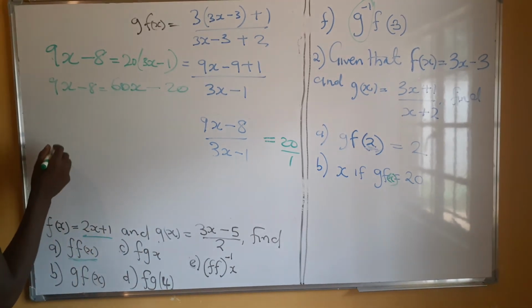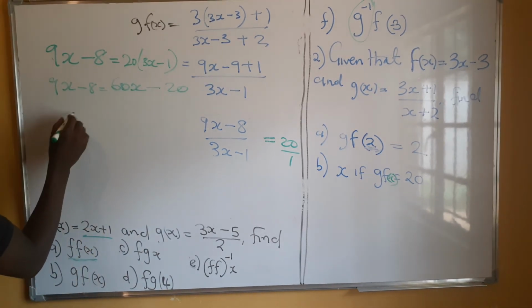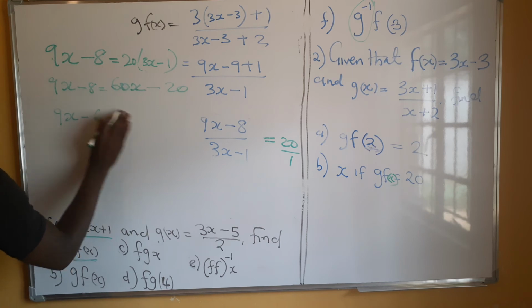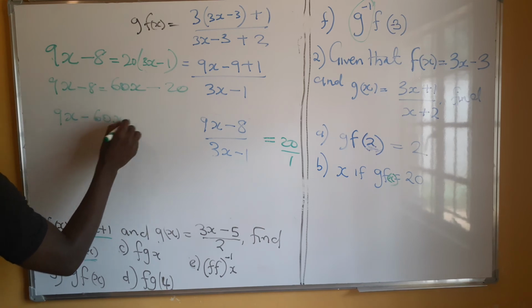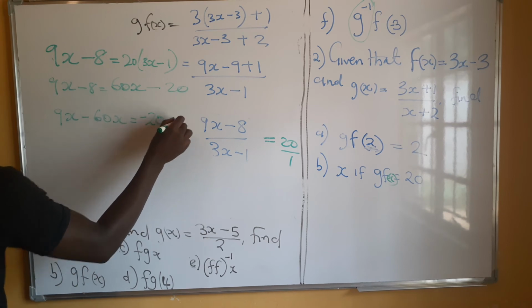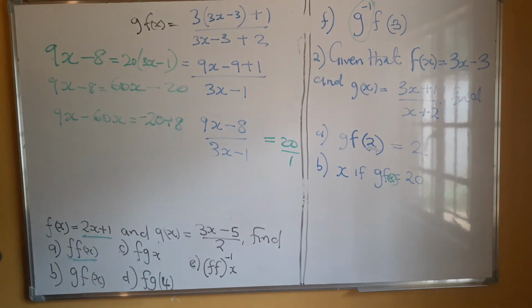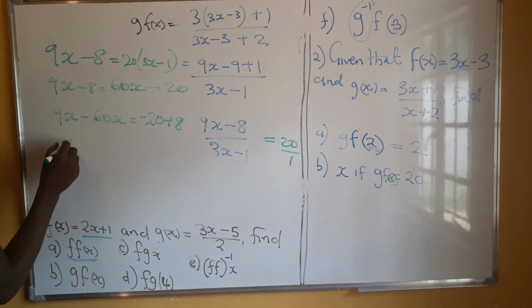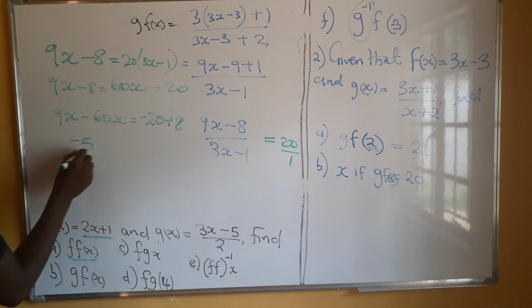So what do we have here? If I want, okay, minus 60x, minus 60x is equals to minus 20 plus 80. Okay, so what are we going to get here? Minus 51x